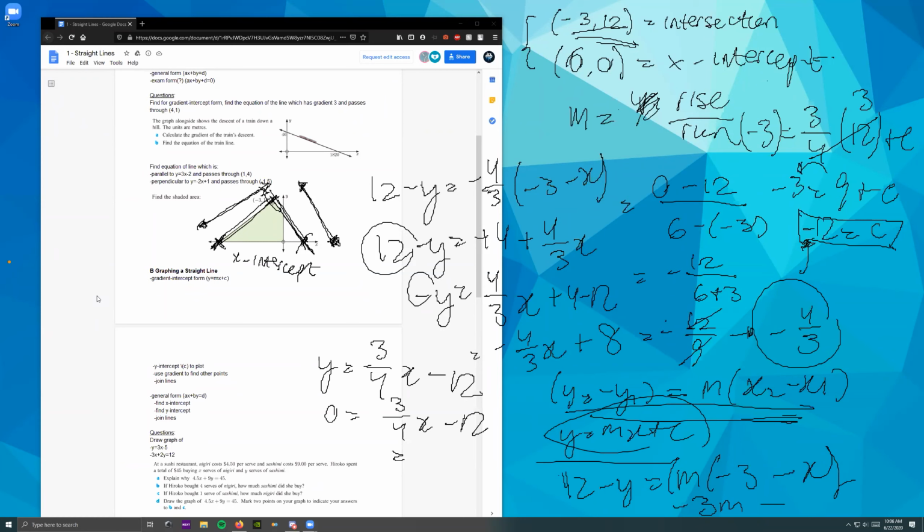So if you move this to the other side, you get 12 equals 3 over 4x, and then you multiply it by 4 over 3, both sides, 4 over 3, cross it out. And for this, you also cross it out. And that's when you can get x equals 16. So now you know that this part is minus 16 over 0, because